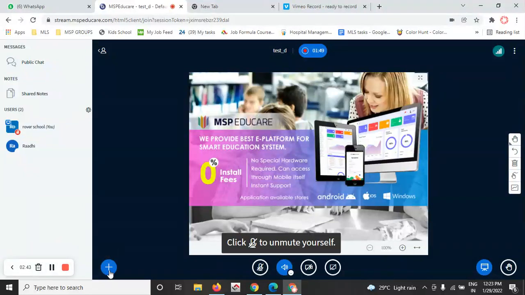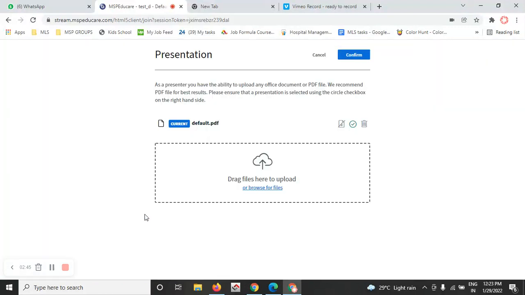This actions button contains many options. Using manage presentation, you can convert the screen into a whiteboard. For example,